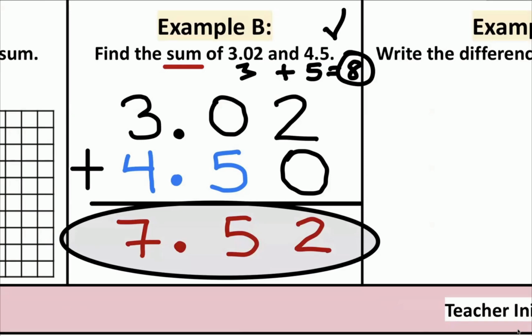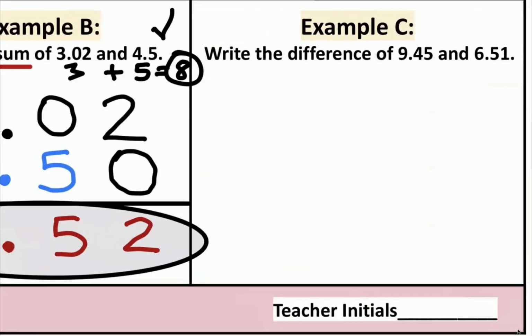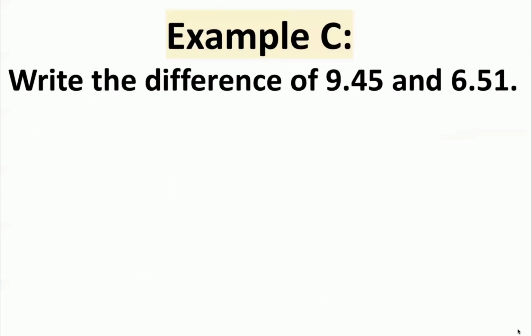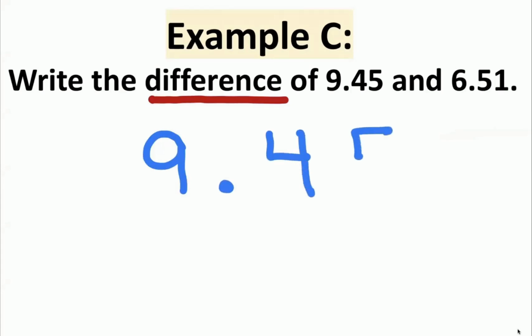Let's take a look at example C. Example C says, write the difference of 9.45 and 6.51. Okay, well, let's underline difference because that's a key word for subtraction. And a key point here is you want to write the numbers when we're subtracting in the order that they give them. Okay, so since 9.45 came first, we're going to go ahead and write 9, remember, neat, space out your numbers, and 45 hundredths,